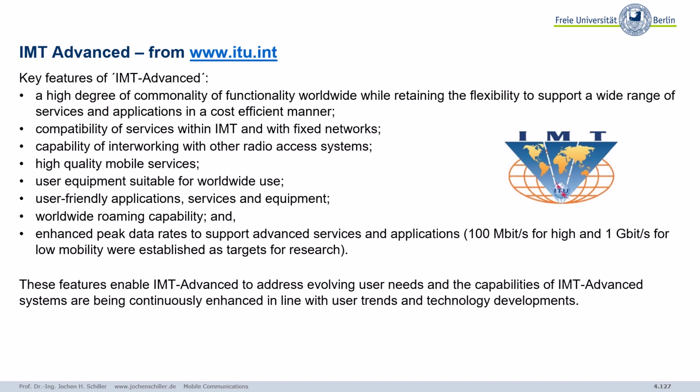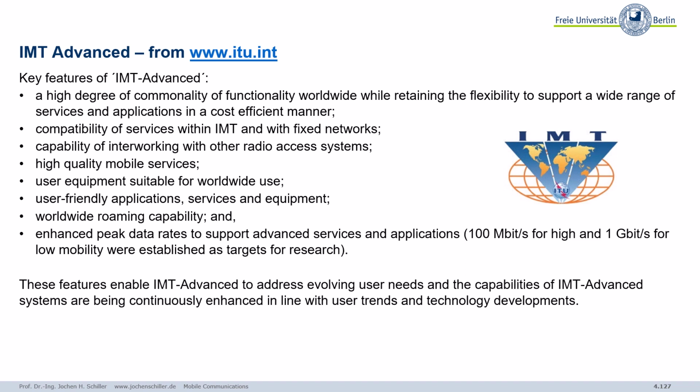So what is now the fourth generation of mobile communication systems, mobile phone systems? And what is the difference to 3G, 3.9G? Well, similar to IMT 2000, the ITU came up with the idea of IMT Advanced and said, okay, all the systems that are members of this family should have certain features. So they should be flexible, should support different services, applications, cost effectiveness, etc.